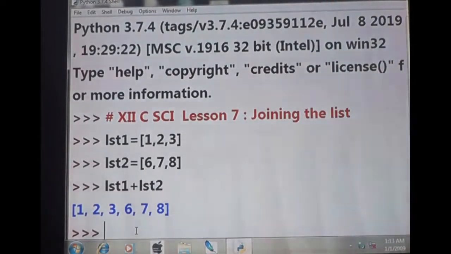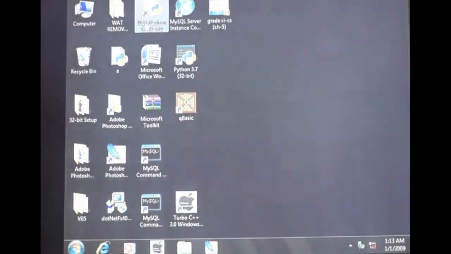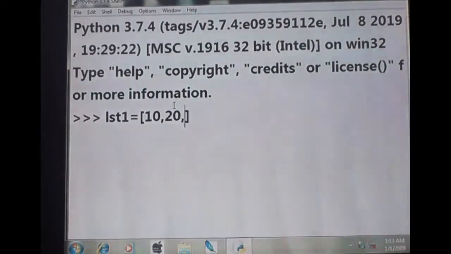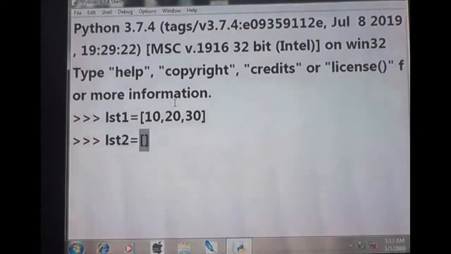So we are going to see the next topic. Listen, we are opening a new one. Now I am going to type list 1 is equal to 10, 20, 30. Then list 2 is equal to 40, 50, 60.